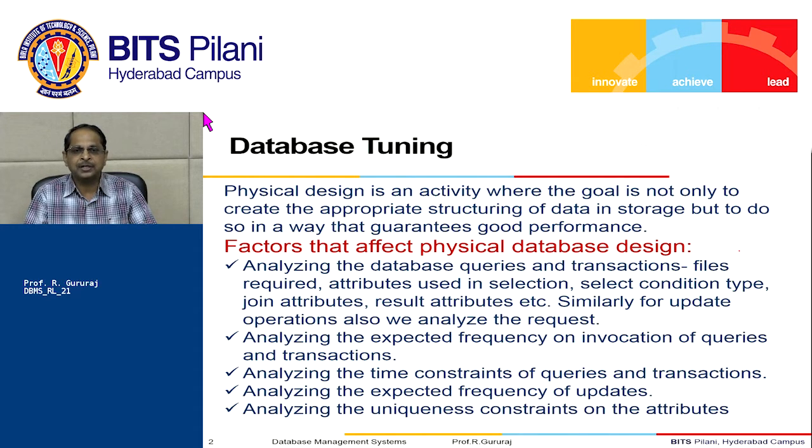We need to understand that. Then we also understand the frequency at which the update requests are executed, and we analyze the uniqueness constraint on the attributes. If we have a clear idea about this, the physical database design becomes easier